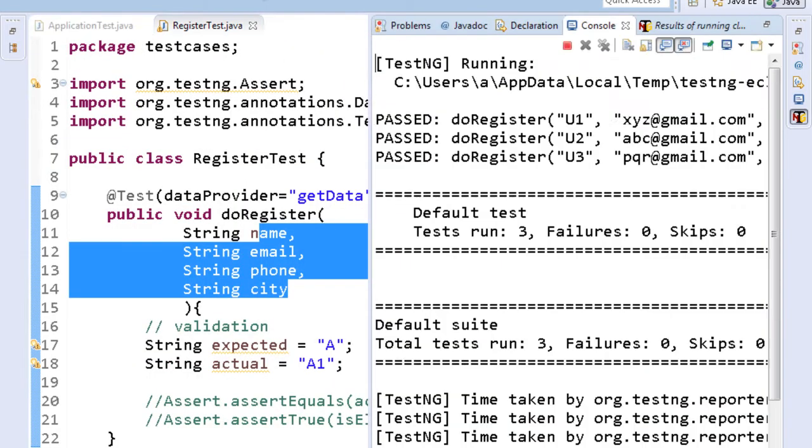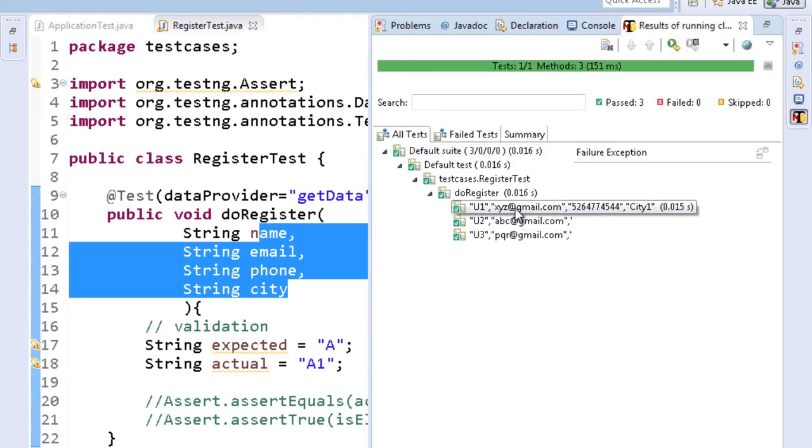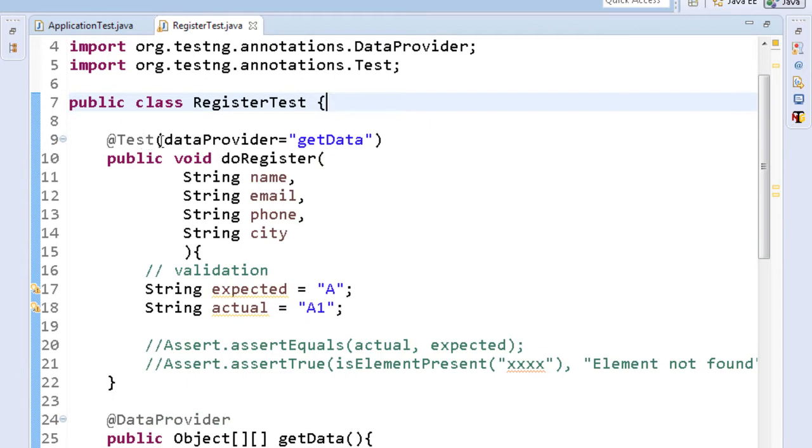When you run this program, it will automatically run it 3 times with different sets of data. So TestNG automatically reads that the data provider of this function is get data.